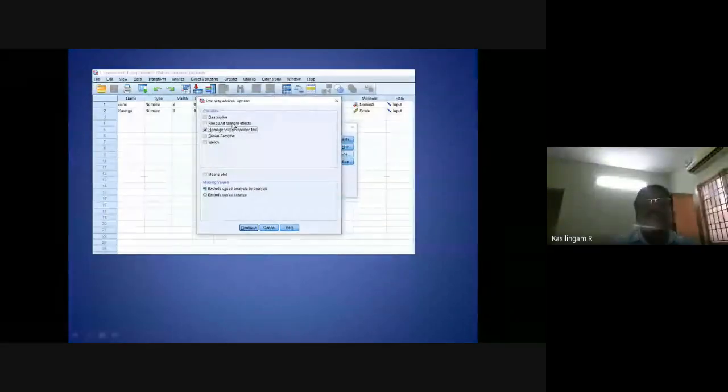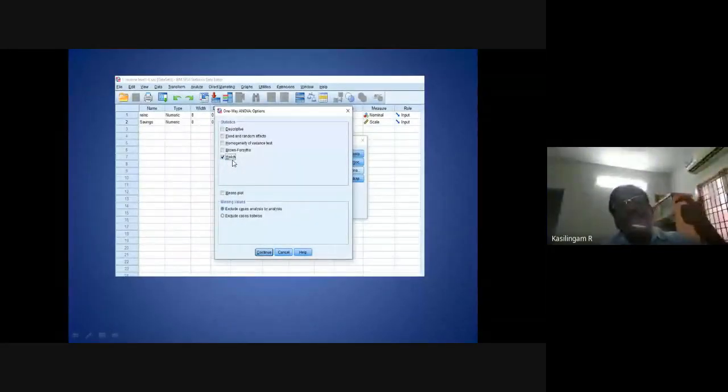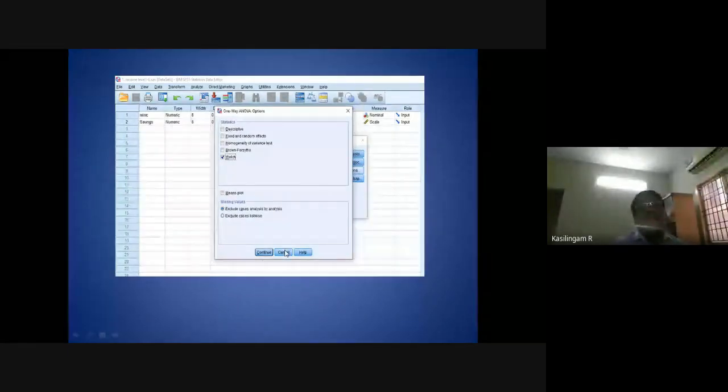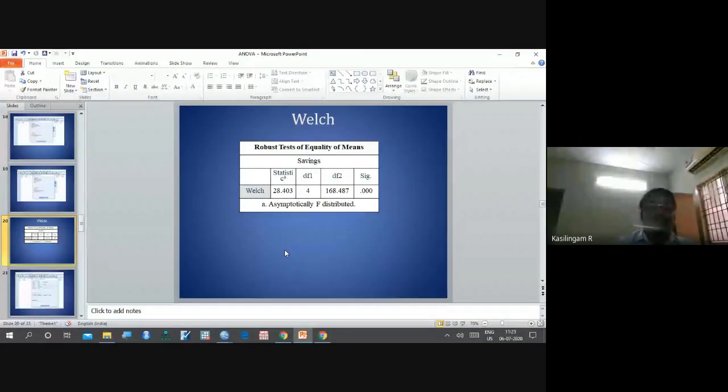In the same options, we have the Welch test. So we can perform the Welch test. Now, for the same income data, we will perform the Welch test and let us see what happens.